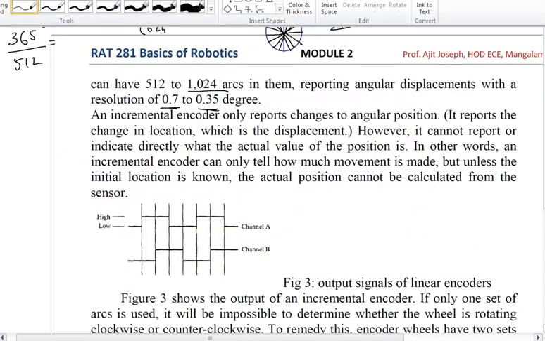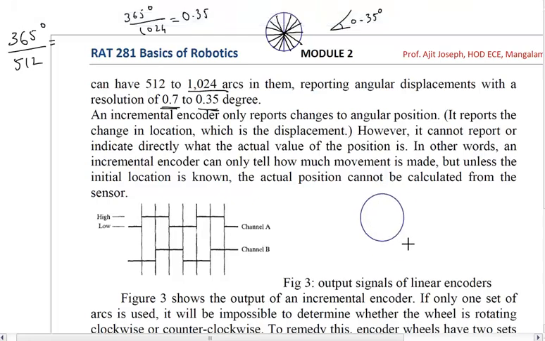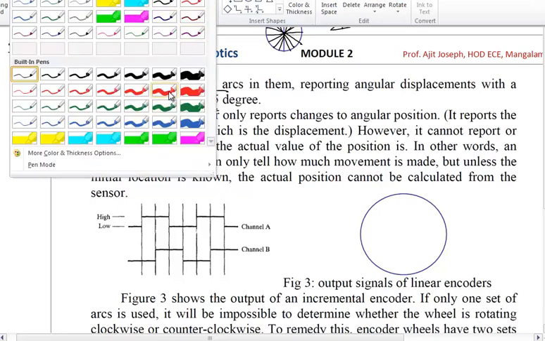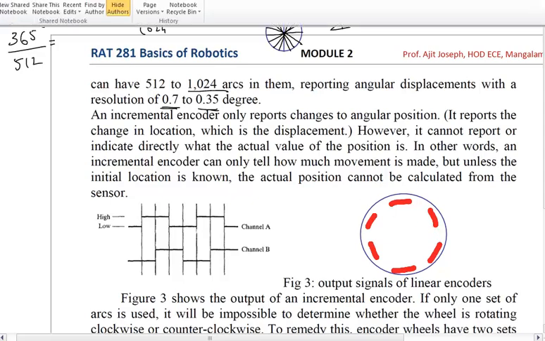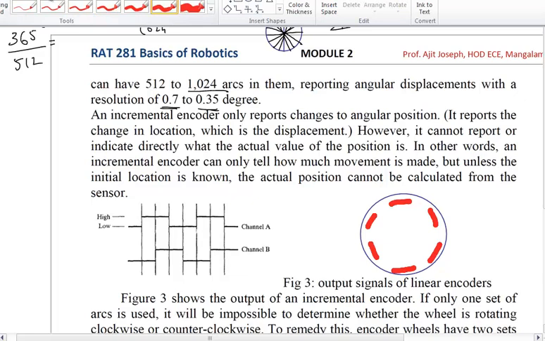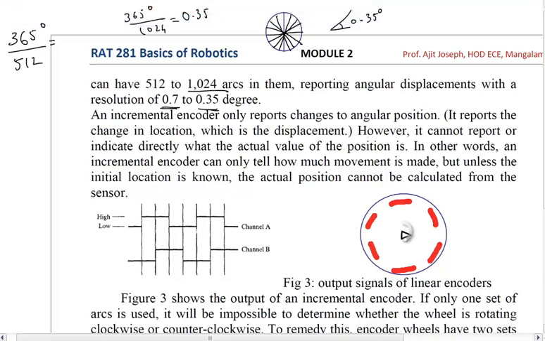That means suppose, let me draw it on the other page again. Now suppose I am going to have a disc like this, and then I am having the opaque sections. Let me draw that also. So this much is transparent, again that much opaque, transparent, opaque, transparent, opaque, transparent, opaque, transparent, opaque, and then again transparent. Okay. Now suppose the present position, to show the present position, let me draw something like this. Okay, so this is the present position.